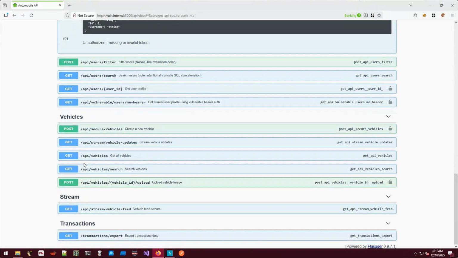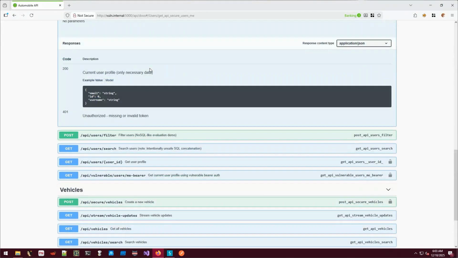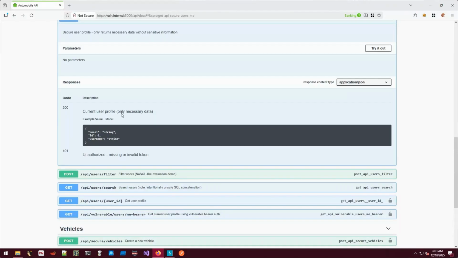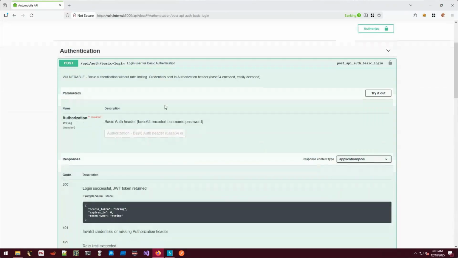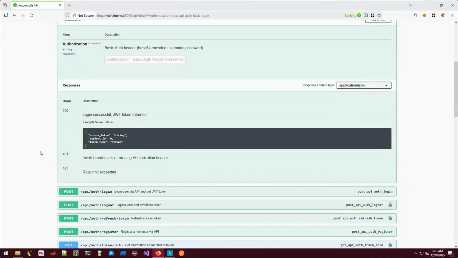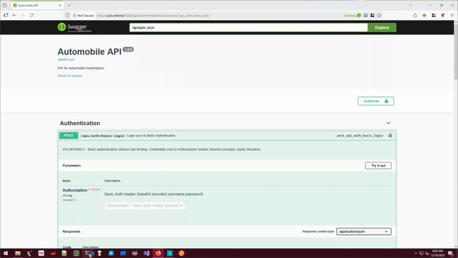If we open any of these, we can see how they're taking parameters and how the example value is taken. If we do this basic login, we can see that we have some headers, how the output will come, what the expected response is, and all of these details. Now, if we want to scan this,